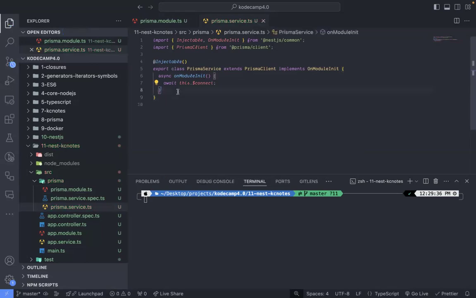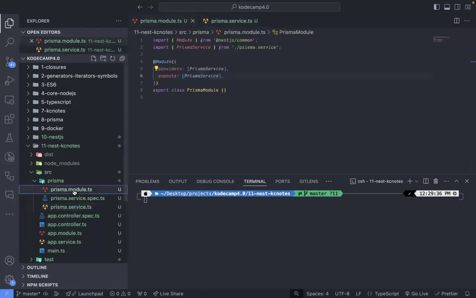Let's just leave it that way, please. We are not disconnecting it. Let's assume it's a production app, and then our app will run continuously, so we don't need to disconnect our Prisma client anytime. So we just leave it like this. We just connect it, and then module. So all we need to do now is implement the auth controllers and service and call our Prisma service